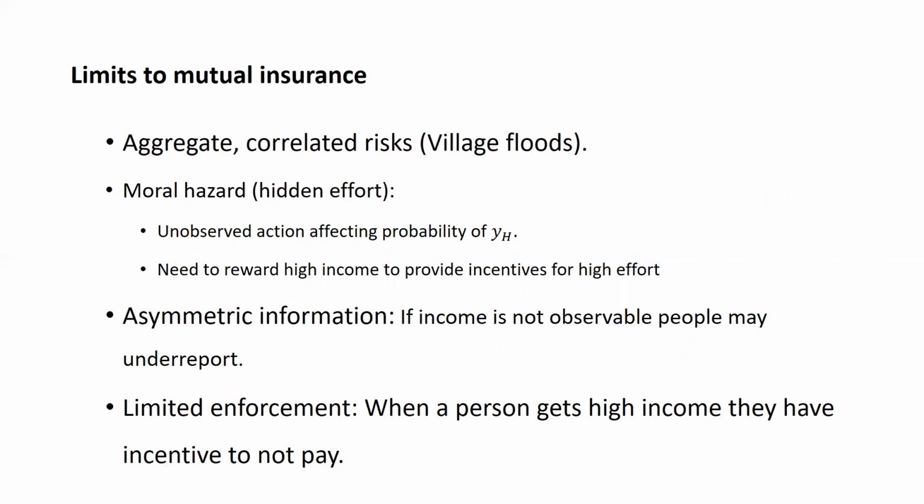Now, obviously, there are some limits to how successful this can be. For example, as I was saying, if there's aggregate risk, like a flood or a drought that affects everybody, then the risk is not independent. Everybody gets a negative drought at the same time. And so the aggregate output, the total amount of money in the bag at the end of the day, would be smaller. And so that risk you cannot insure away within the village. You may have to go to another village and try to make arrangements with them. There are also other issues that we're going to look at in more detail in the future.